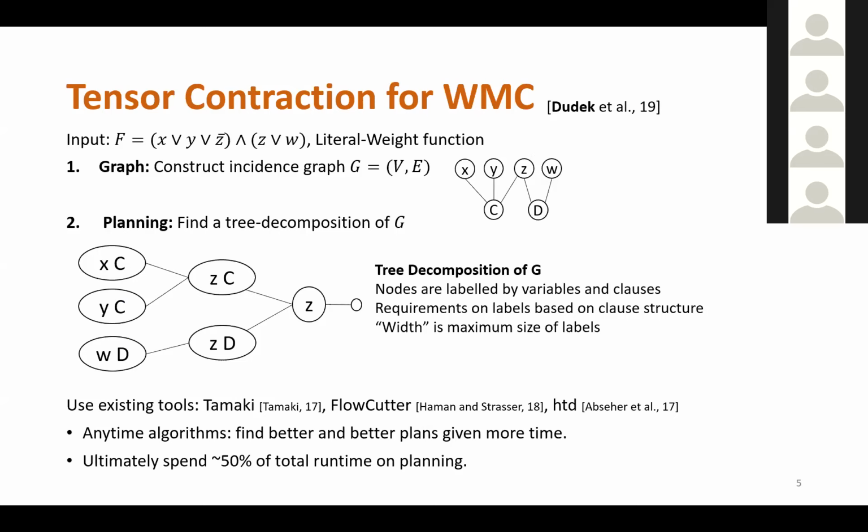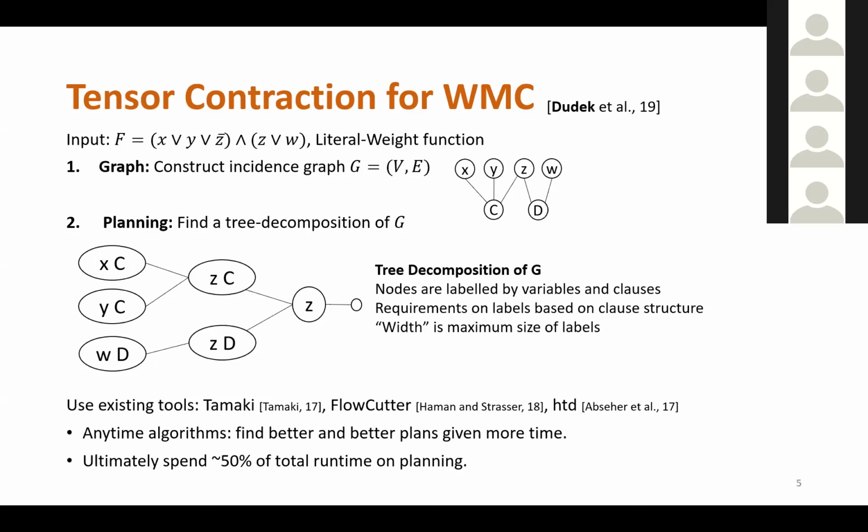But the quality parameter that we're interested in is the maximum size of the labels. For example, if every label has size 2, then we know that the graph is acyclic. And correspondingly, the performance of the algorithms we develop will be relative to the maximum size of the labels in the tree decomposition. And moreover, there are a bunch of existing tools we can leverage to find these tree decompositions efficiently.